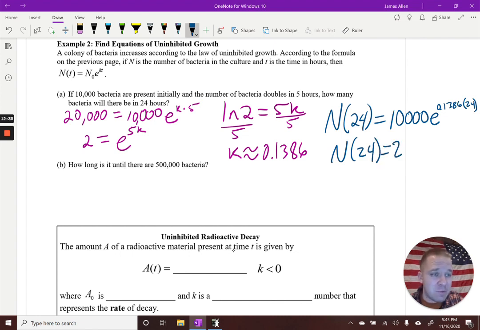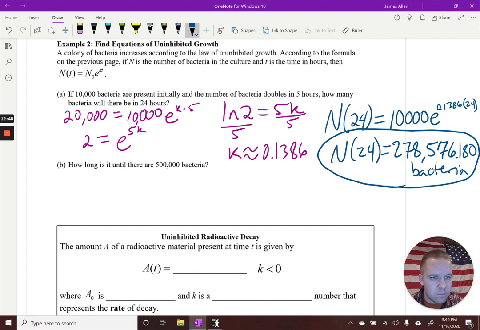Cool. So let's write that down. Luckily, I have it written down elsewhere because I don't remember all the numbers. 278,576.18. And that would be, we're saying bacteria. Nice. Okay. Now it says how long until there are 500,000 bacteria,